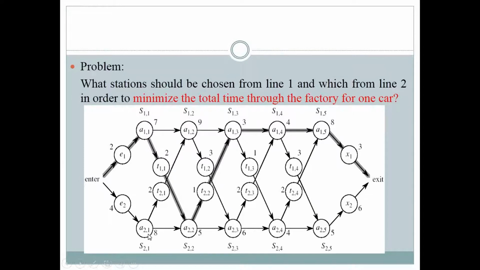If you go from station S21 to station S12, then your transfer cost will be 2. Again, if you go from station S1 to station S23, then your transfer cost will be 3. Among these, you have to find your minimum cost and also which stations give you the minimum cost.